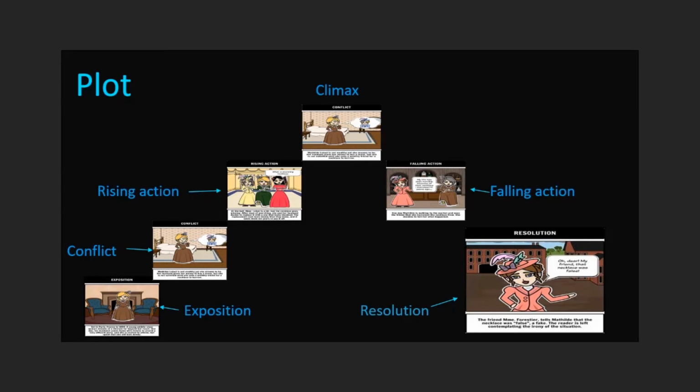Now let's look at how the key stages of the story have been organized. At first we find the exposition stage. Next we find the conflict. Along with that we get rising action. Climax is the turning point of the story. Then you can see the falling action and finally there will be a resolution. This knowledge will help you in your narrative writing too.